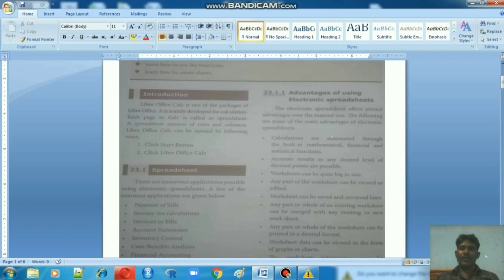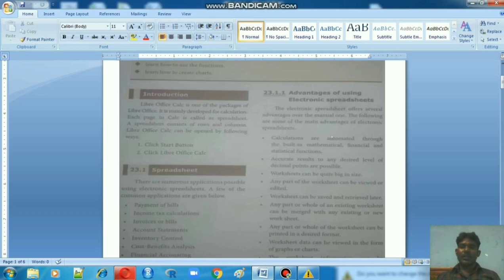Mainly we have to focus on making calculations. We do calculations in MS Office Excel, and the same calculation we do in MS Excel. Like that, in LibreOffice Calc also we do calculations. Before doing calculations we have to create a spreadsheet.